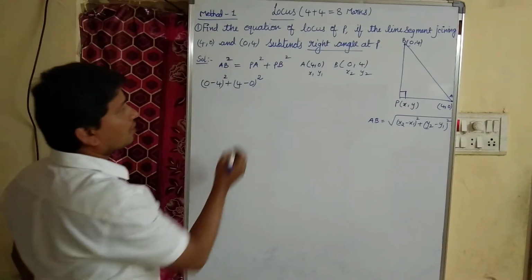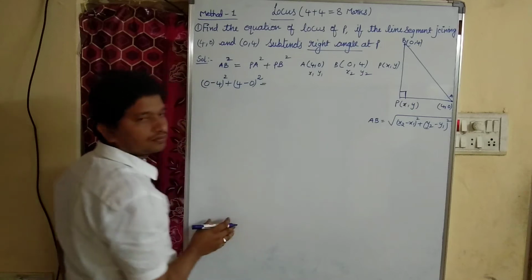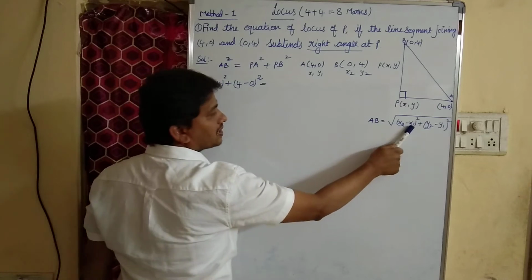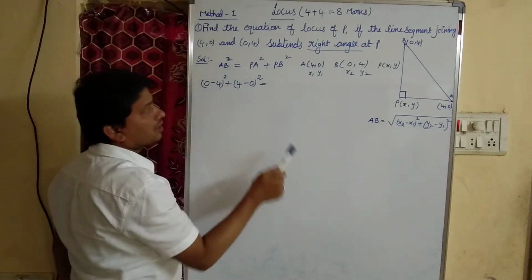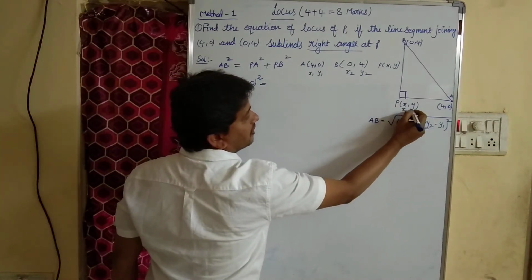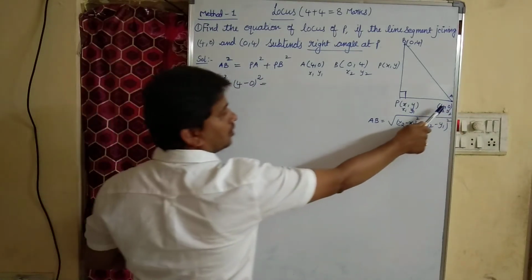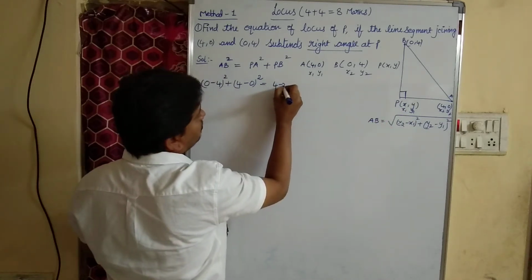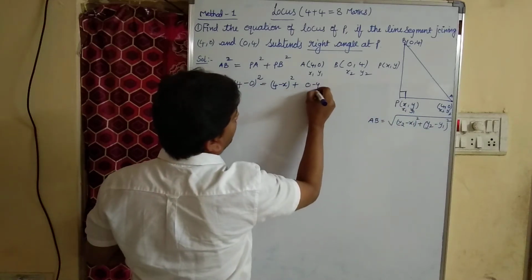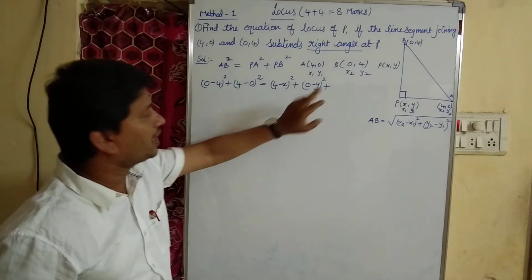Okay. Now coming to P and A. So let our coordinates of P be x, y, and A is 4, 0. Again the same formula, x2 minus x1 whole square plus y2 minus y1 whole square. Here we are finding distance between P and A. This is our P and this is our A, x1, y1, x2, y2, right? x2 minus x1 whole square, 4 minus x whole square plus 0 minus y whole square, right? That is PA square. Between them we have addition symbol.